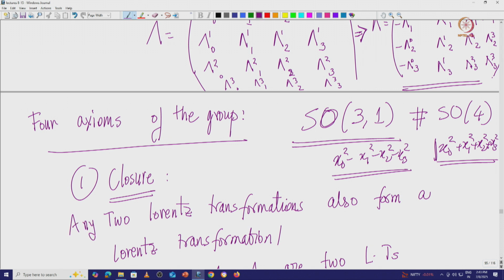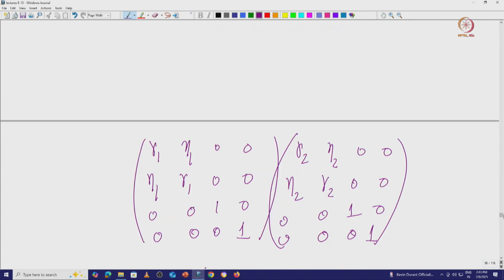will also be a Lorentz transformation. So the product of any two Lorentz transformations is also a Lorentz transformation, and that is the closure, and then we looked at